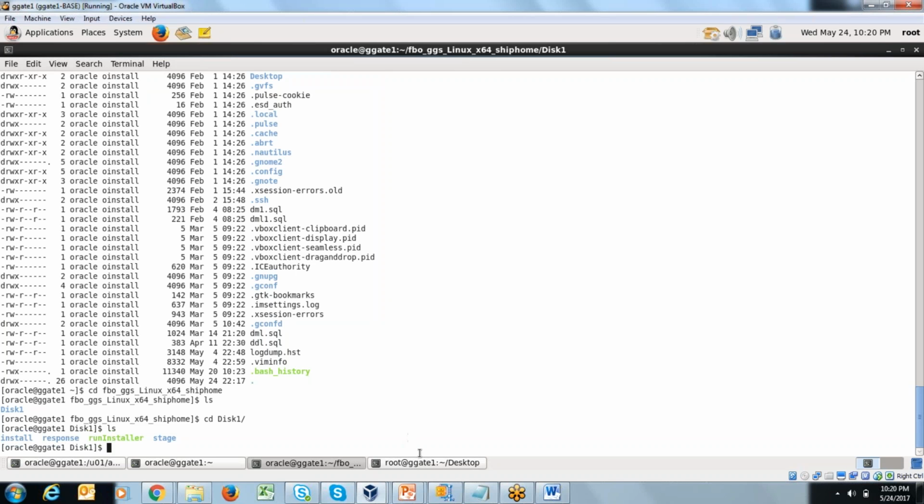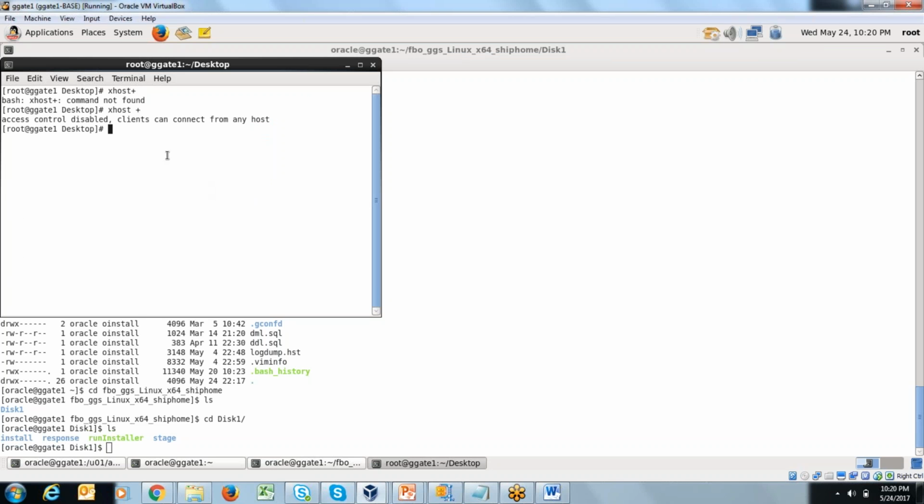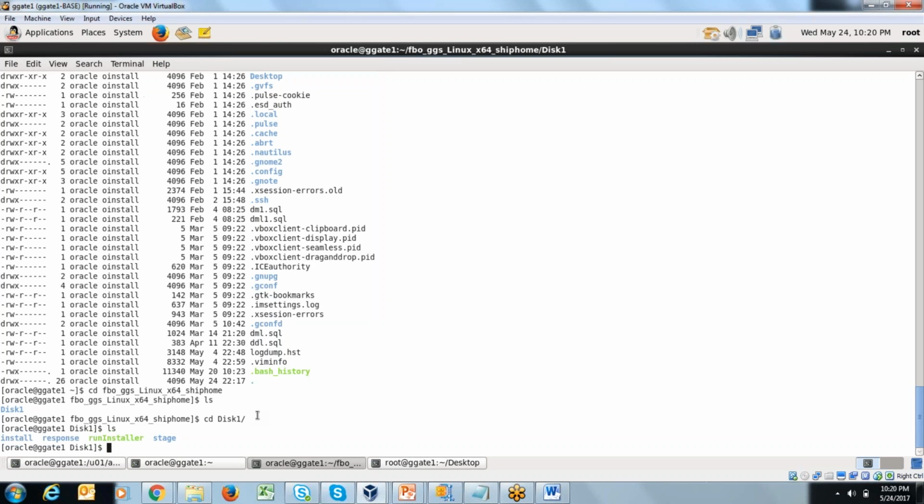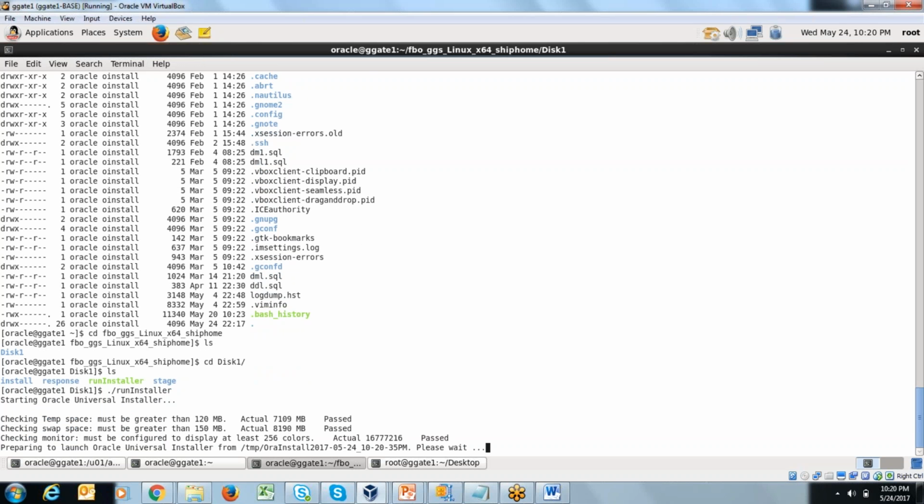For that purpose, we set the display by using xhost plus. Now save all the instructions you have in the document, the training kit which you will receive. Once you are done, you just need to run the installer here. Press enter. It will do some pre-checks. Once pre-checks are passed, it will open a window. It checked the temp space, it checked the swap space, and once all the conditions are passed, then